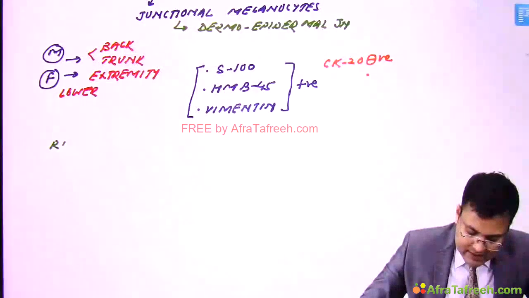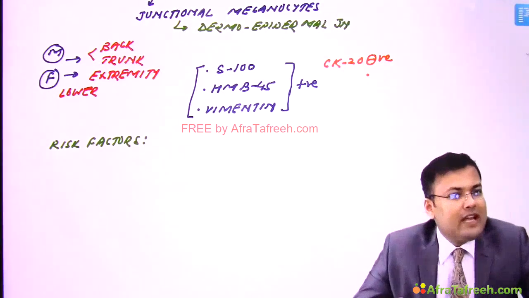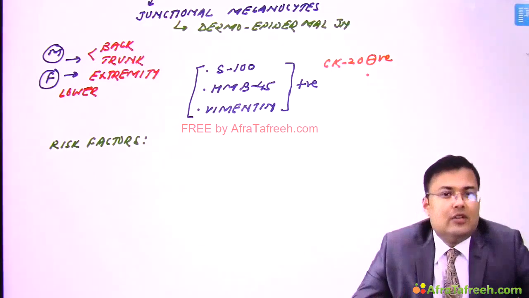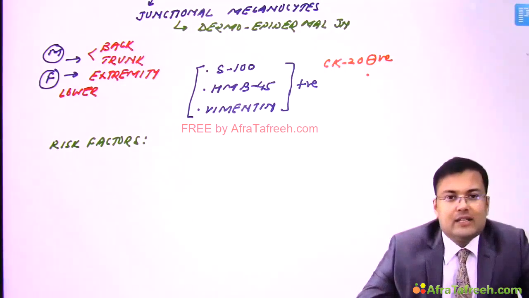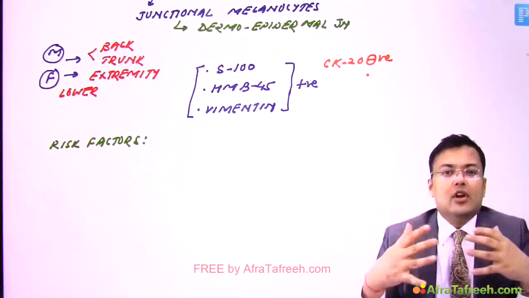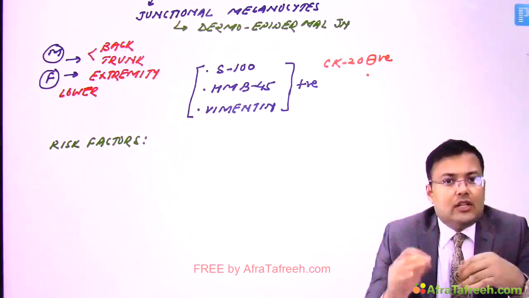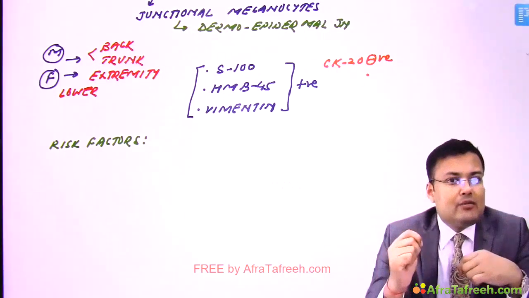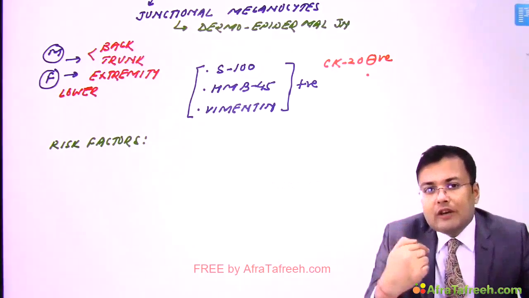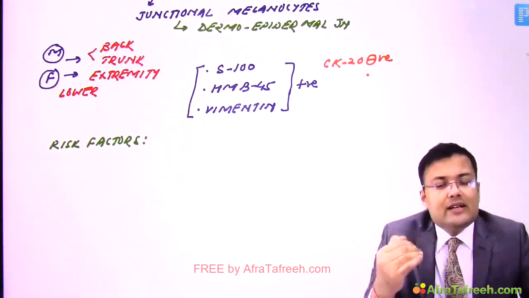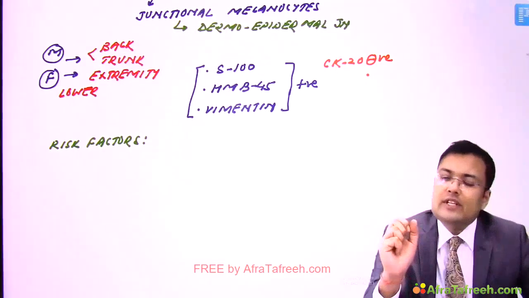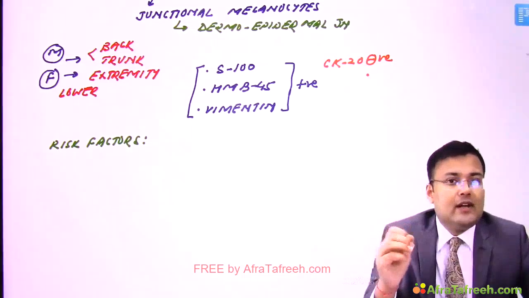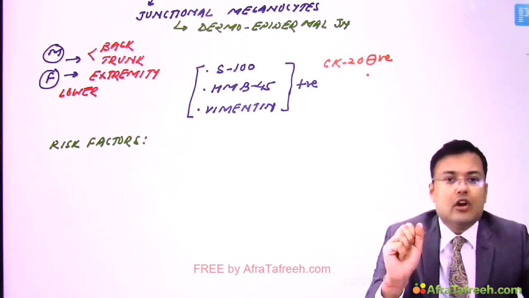Now coming to the risk factors. What are the risk factors for malignant melanoma? So we have read in biochemistry that xeroderma pigmentosum, ultraviolet radiation exposure, or history of sunburn, all these are risk factors. Second, you have seen many people who are having moles in the body. So the risk of malignant melanoma increases with the number of moles in the body, and it increases with larger size of the mole. So if multiple melanocytic nevi are there, it is also a risk factor, and if a patient is having a large nevus, it is also a risk factor.